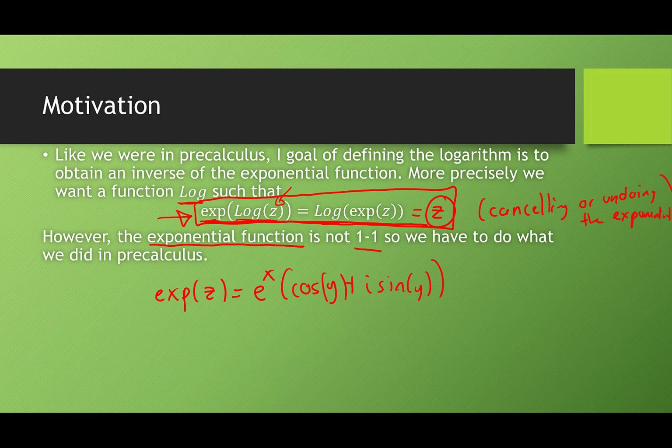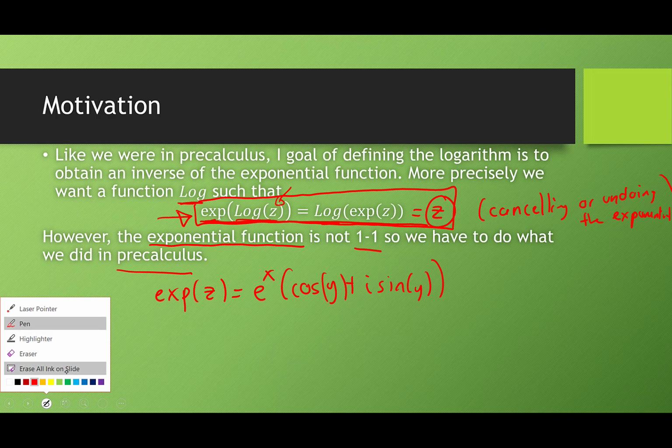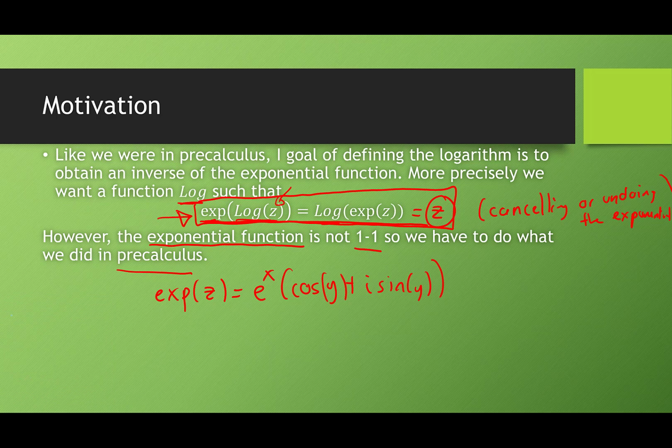Okay, now what we're going to do, if you guys remember back in pre-calculus, is a similar thing. Let's just go back in time for a second, and let's just think about sine. So now we're back in time. If we remember the sine function, sine of x is not one-to-one, right? If we draw the picture of sine, it looks like this. It's like super not one-to-one, right? And by the way, that's not a mathematically precise way of saying that. But in any case, it's super not one-to-one. If I draw a horizontal line, let's say here, it's going to intersect this graph in infinitely many places, okay?